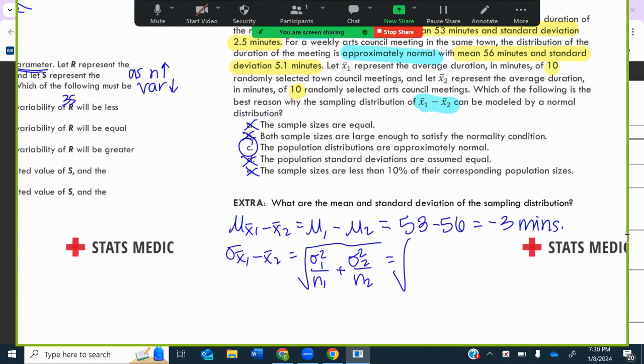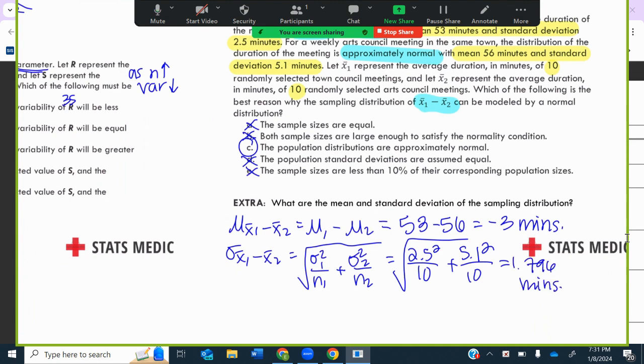And then this one we'll do 2.5 squared over 10 plus 5.1 squared over 10. And then I'm just going to quickly get that answer. 1.796